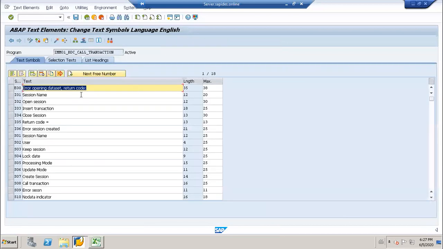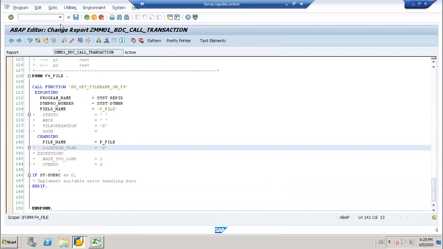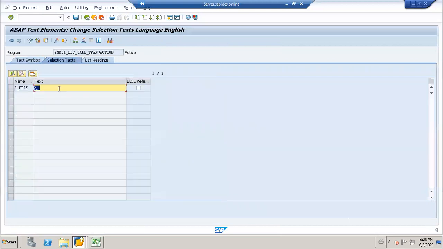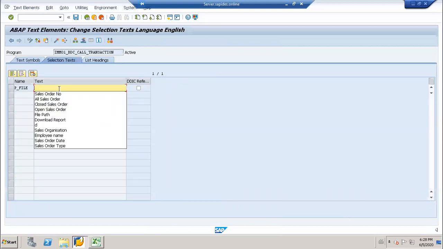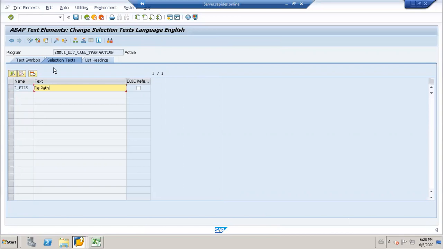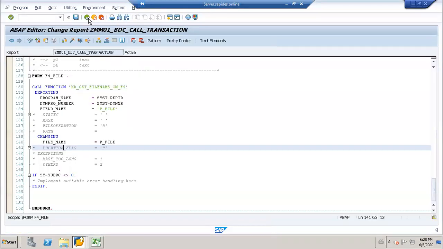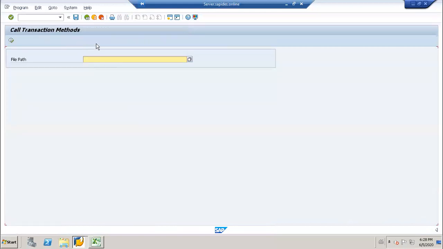Text element. So here, what are the file paths? Okay, that's good.